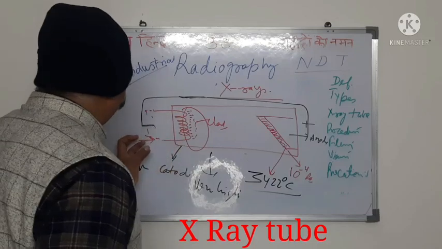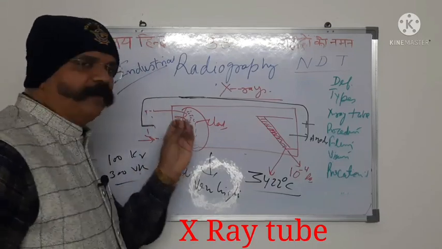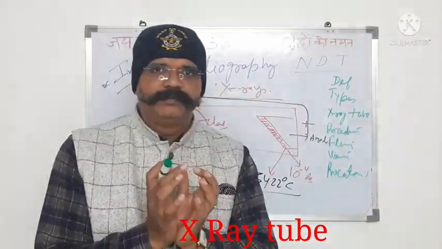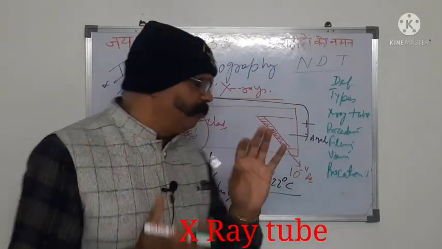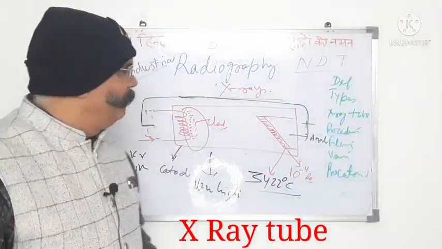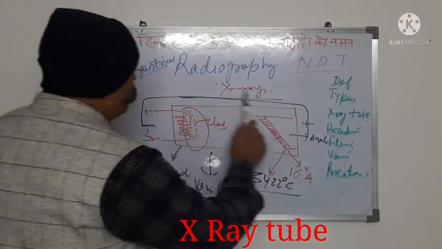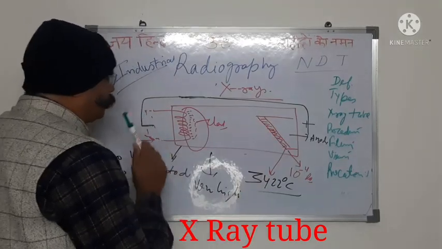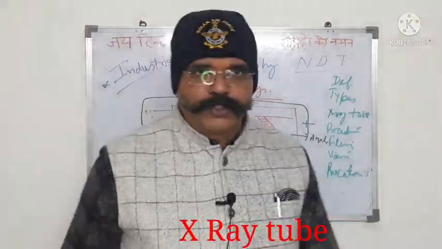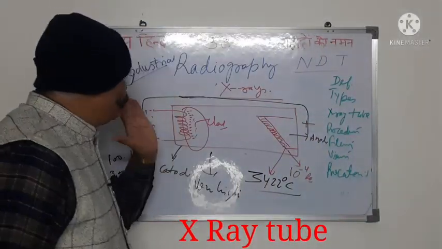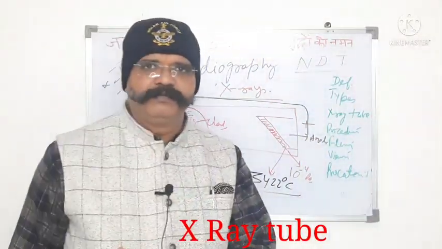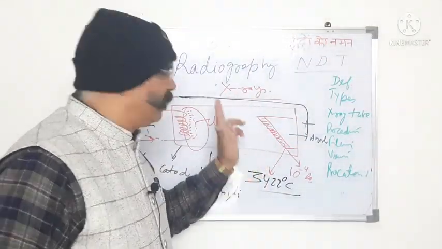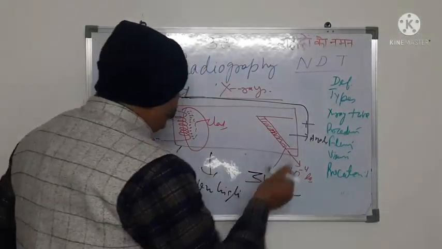Due to this heat, electrons are released from the material and they remain here. They form an electron cloud, a crowd of electrons available at this end. But you have made a provision that a very high potential difference is maintained between this cathode and anode. So what will happen? These negatively charged electrons will be attracted and accelerated, running towards this target,